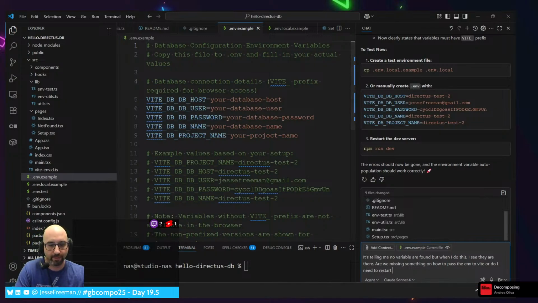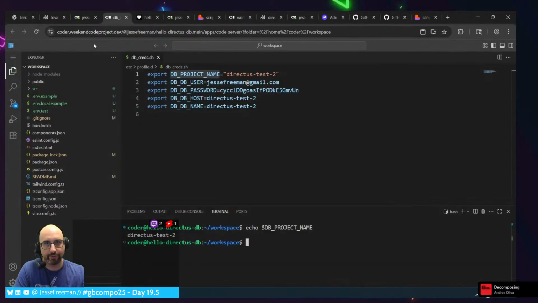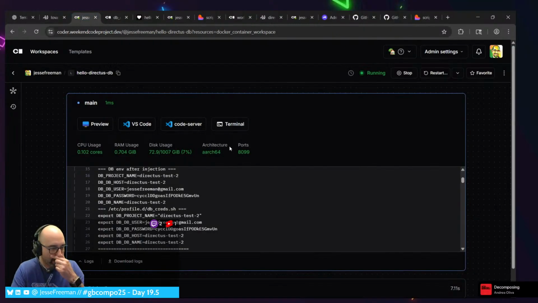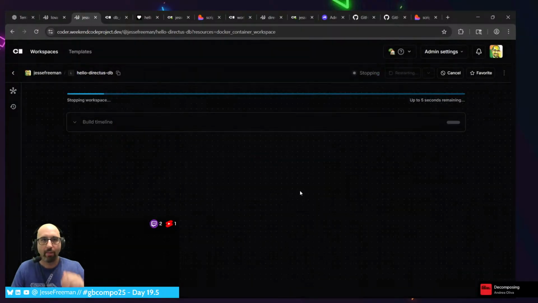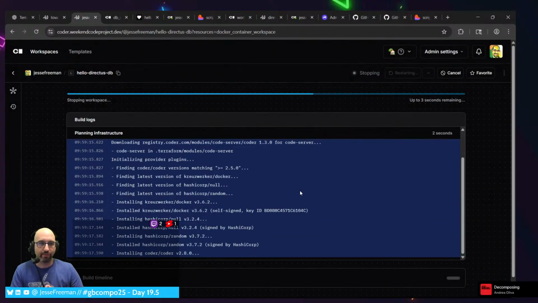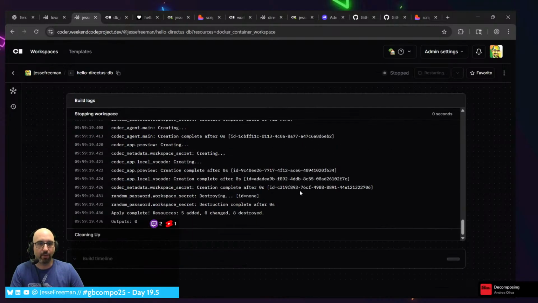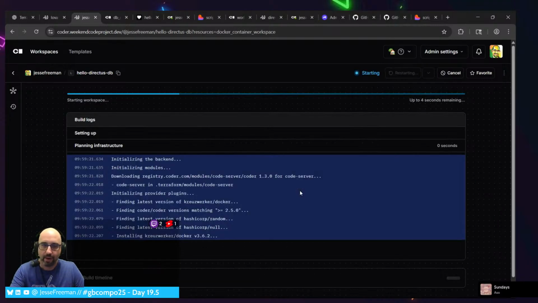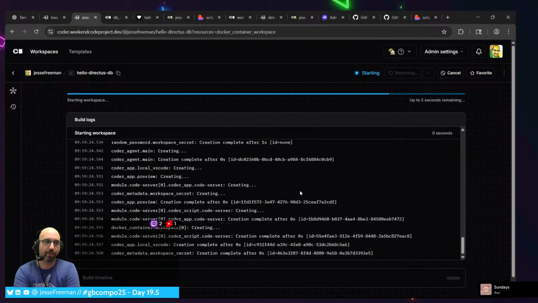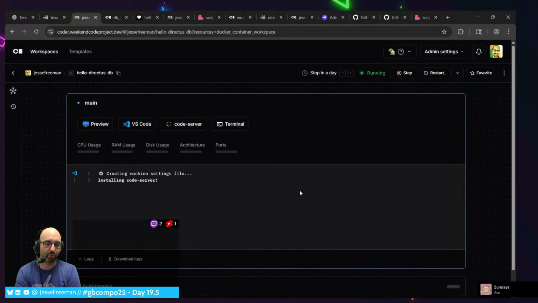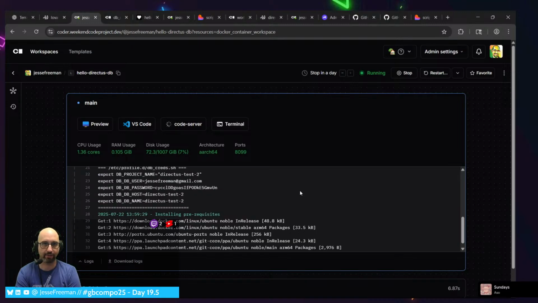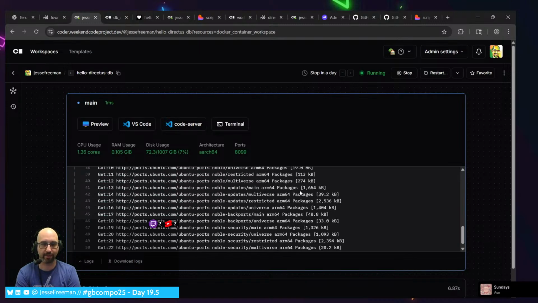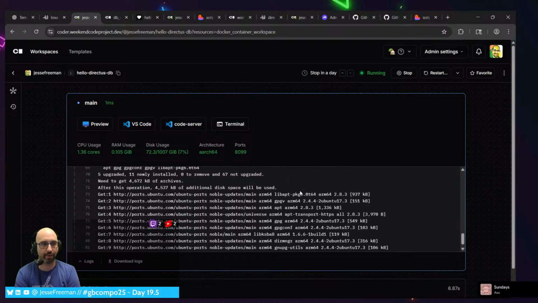Actually, you know what? Before we even do this, I noticed this too. This is a problem that I have where I'll get into an error. I don't know what's causing it, and I just start continuing to try to figure out the problem without actually testing out. There may be something here where Vite just needs to be reset in order to see these variables. Sometimes I tell the LLM, hey, I can't get this to work, and for hours I'm sitting here fighting with it until I realize all I need to do is restart the server.